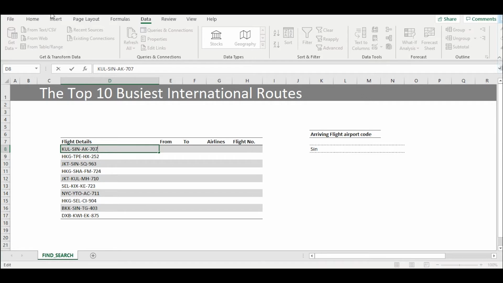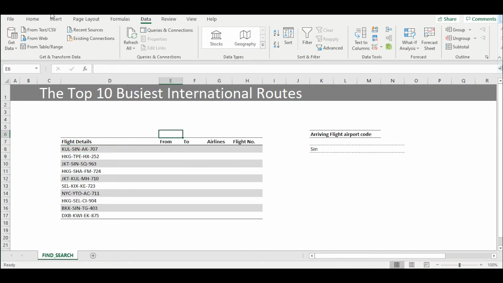For instance, here we have a 14-character code with a data pattern consisting of 3 letters of departure airport code followed by a dash, followed by 3 letters of arrival airport code, followed by another dash, followed by a 2-letter flight code, followed by another dash and then a 3-digit flight number. When we have a data pattern available, data segregation becomes easy for a large chunk of data.